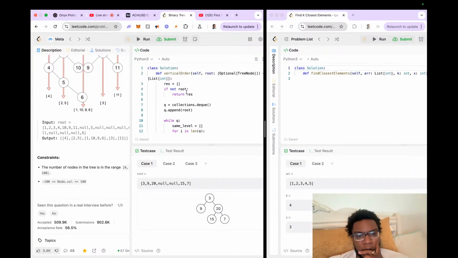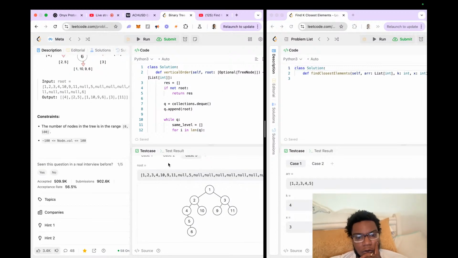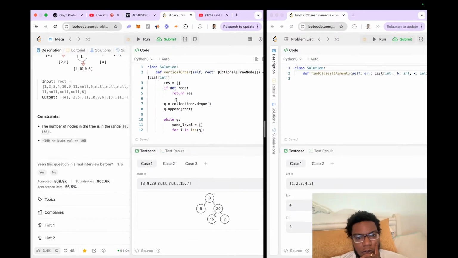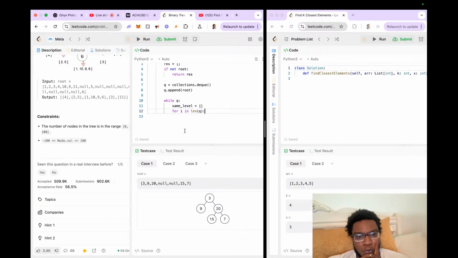While q. So okay, let's go back. So we handled this first case. If not root, return res. Collections q equals collections.deque, and then we're going to append our root. While q, we want to iterate through our q now, same level, and now we want to start traversing through our q. So for i in the length of q,